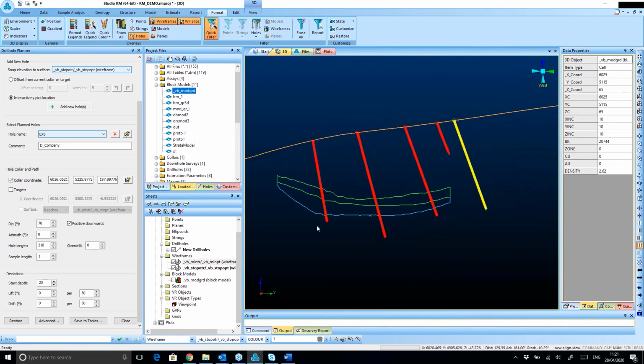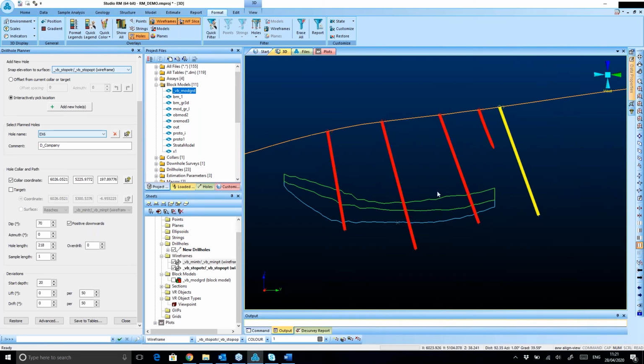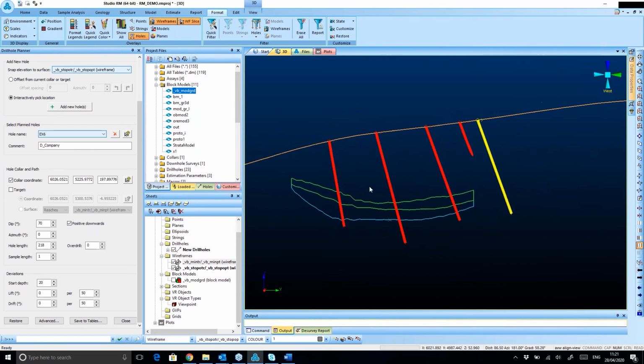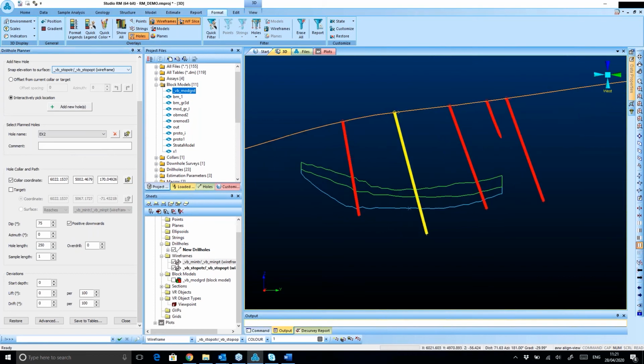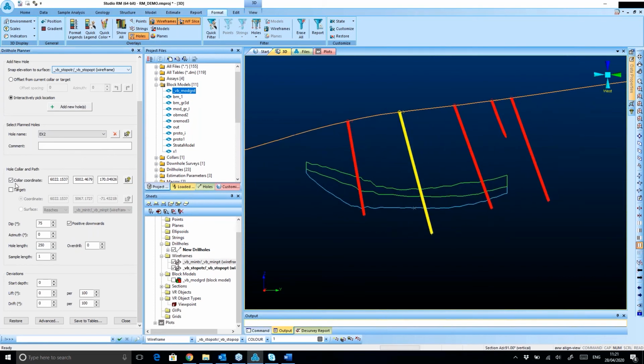Then after that, let me make it a bit bigger for you guys. I'm going to show you how we can use the target. Let me use a different drill hole, not that one. Let me use, let's say, drill hole number 3, or drill hole number 2, that one. And then there's the option to use the target. Let me show you how it works. If I click here, target,